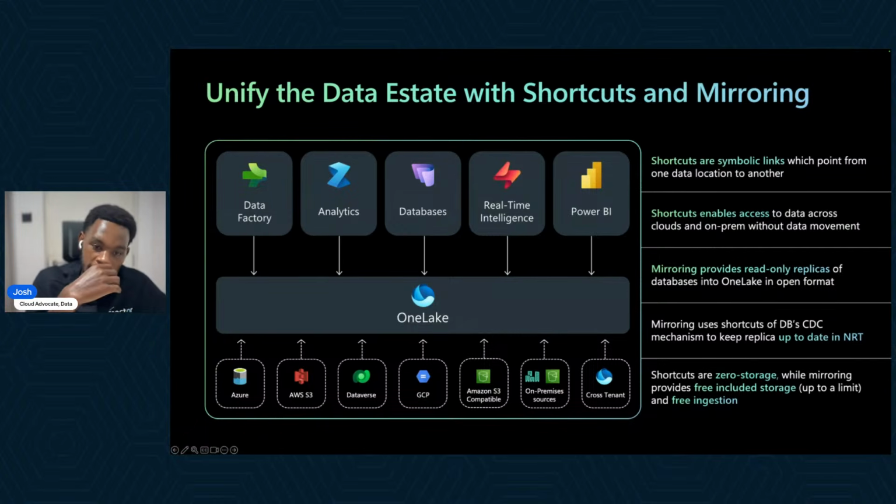So you have a shortcut on ADLS Gen 2, you have a shortcut on Amazon S3 buckets, and these lakes can continue existing and continue being managed externally to Microsoft